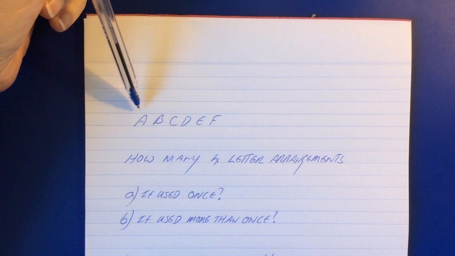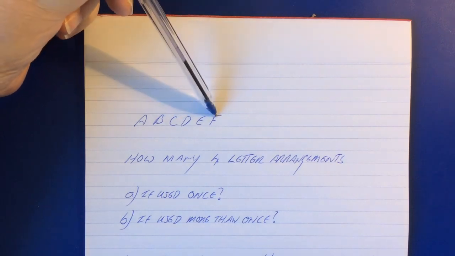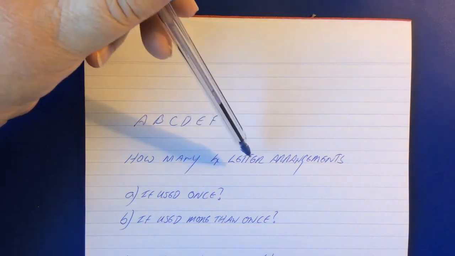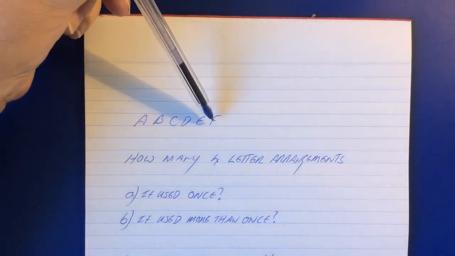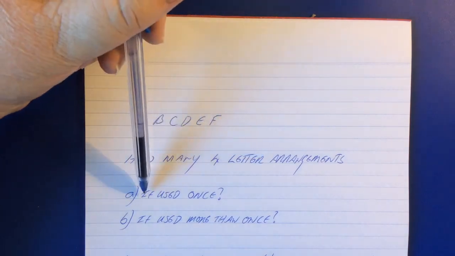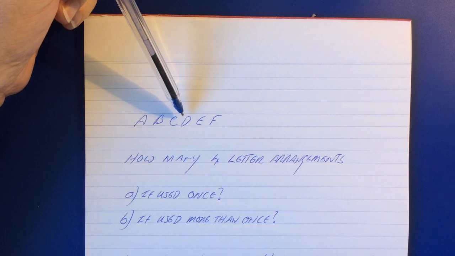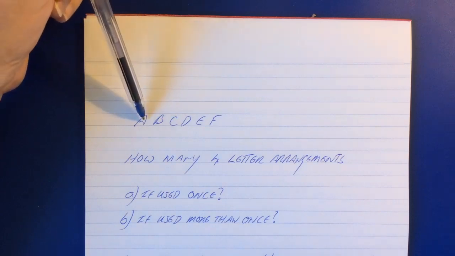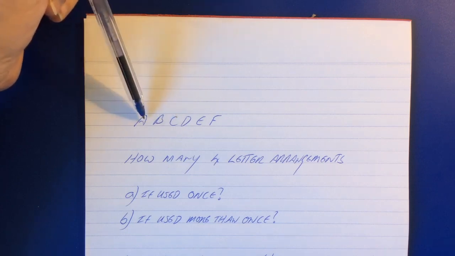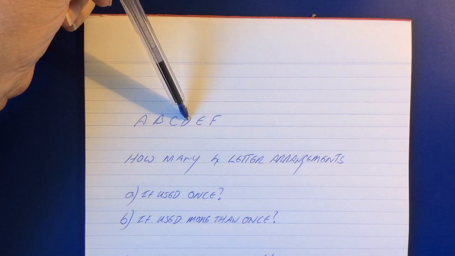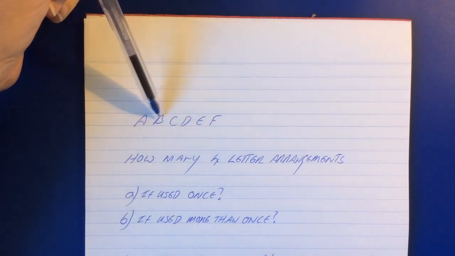And here we have a set of letters, the first 6 letters of the alphabet. And our question is, how many 4-letter arrangements can we make out of these letters, A, if we only use the letters once. So that means, for instance, we couldn't have AABC. We'd have to have ABCD or DCBA,